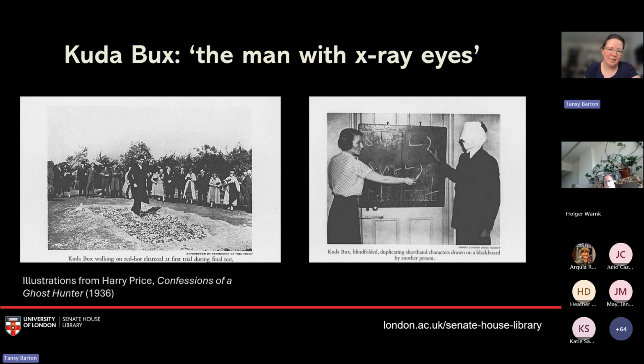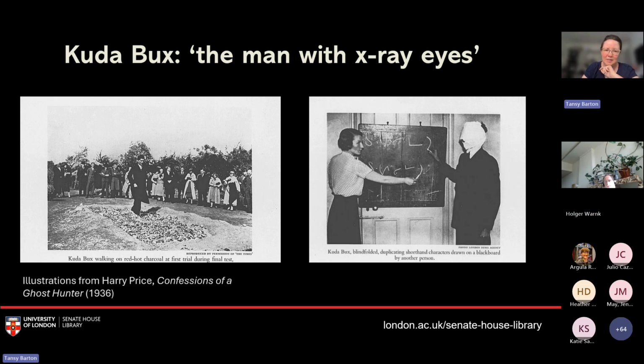And Harry Price was very keen to meet with him because, as well as being a skilled magician, he also claimed to have abilities which fell more into the realm of the investigation of supernormal phenomena and psychic ability. So the first test that Price was keen to carry out with Khuda Baksh was of his eyeless